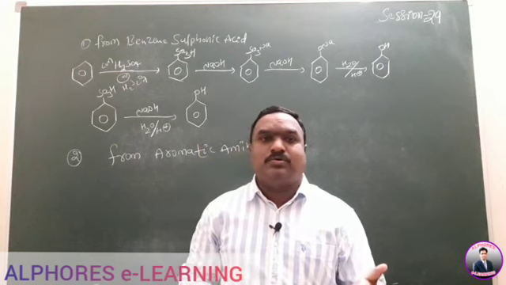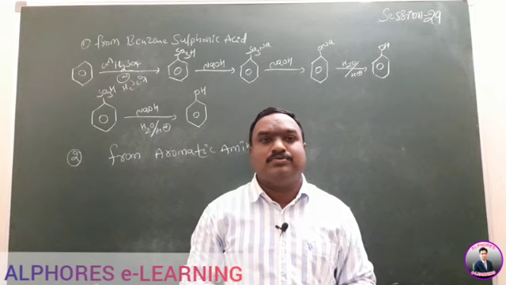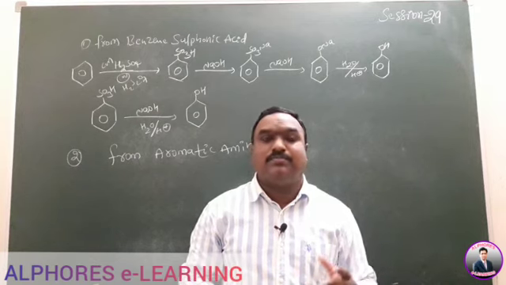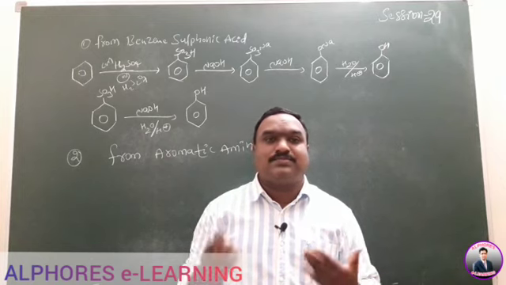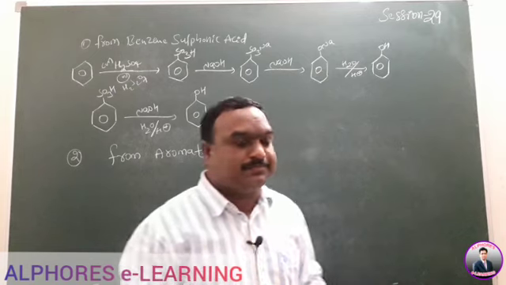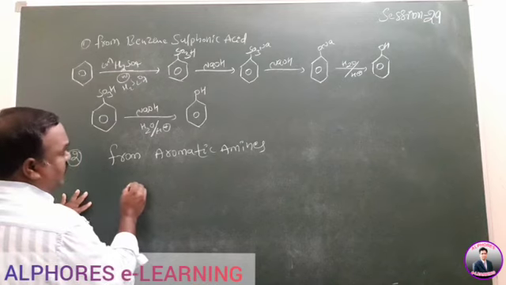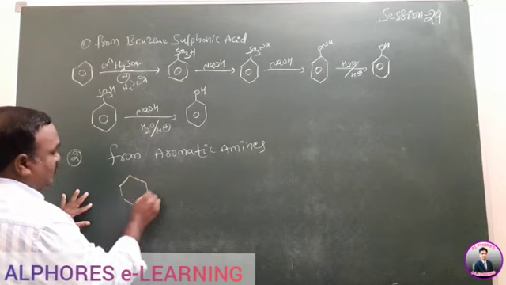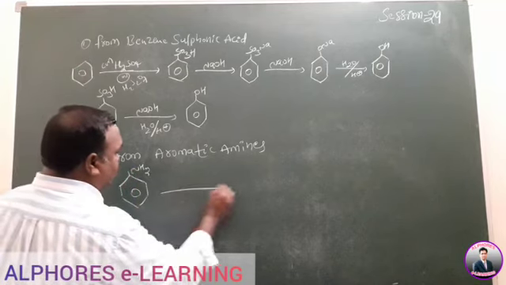You already know the NH2 group is a bad leaving group. How to convert it into a good leaving group? By using the diazotization reaction, we get benzene diazonium chloride. This is nothing but preparation of phenols from diazonium compounds. For example, here an aniline compound is given, with NH2.